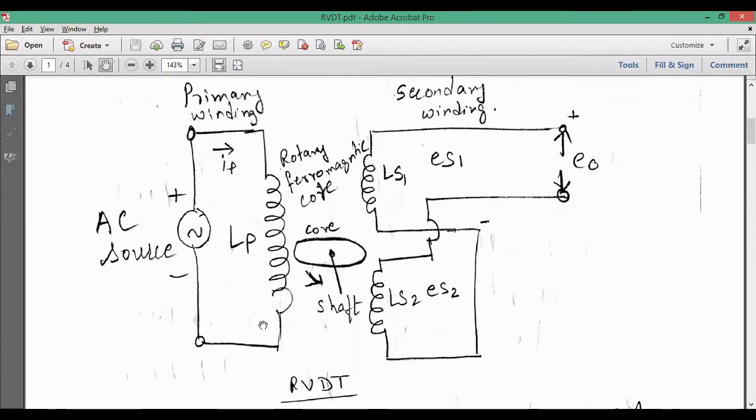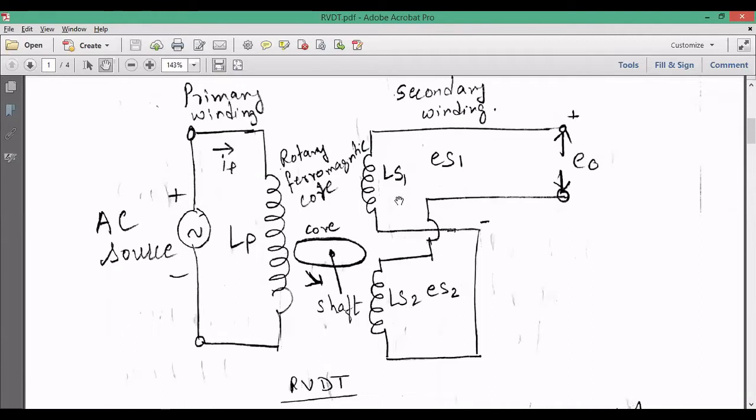magnetic field. This magnetic field is there, and we take two secondary coils, same as in the LVDT. Two coils of the same material, with the same number of windings. Let the core be absent for now. Our core is at the middle. This core is a magnetic material like ferrous material, simply iron. It is exactly at the center.